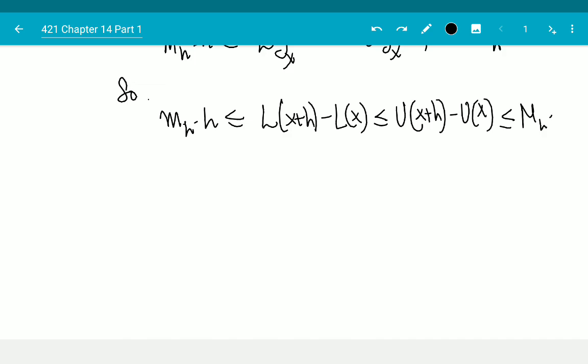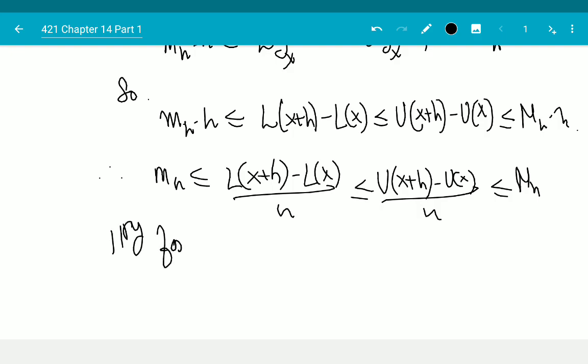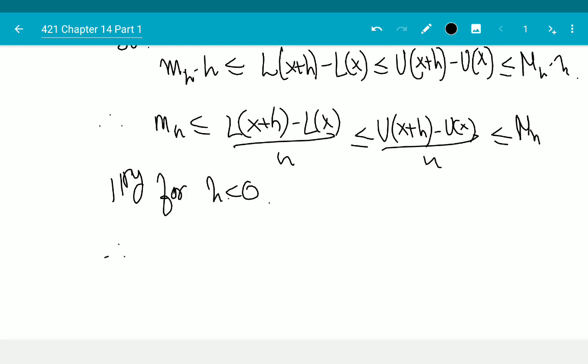And therefore m of h is smaller than or equal to L of x plus h minus L of x over h, smaller than or equal to U of x plus h minus U of x all over h, smaller than or equal to capital M of h. Sorry, that should have been an h here. Similarly for h smaller than 0, and therefore by the argument as before,